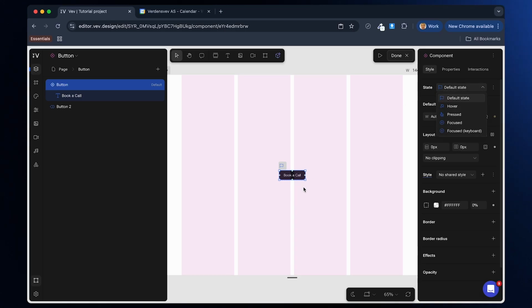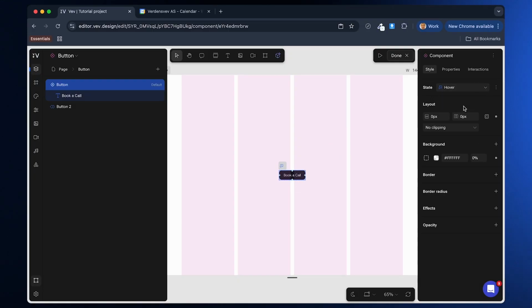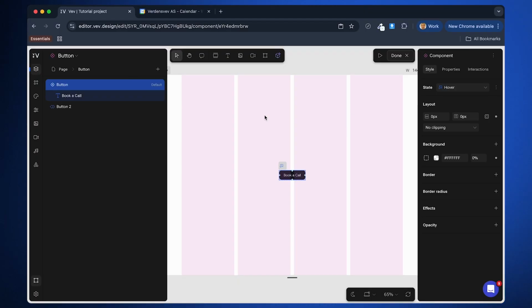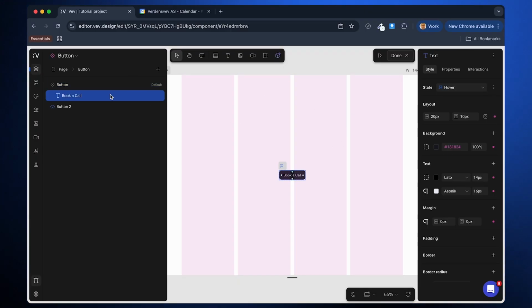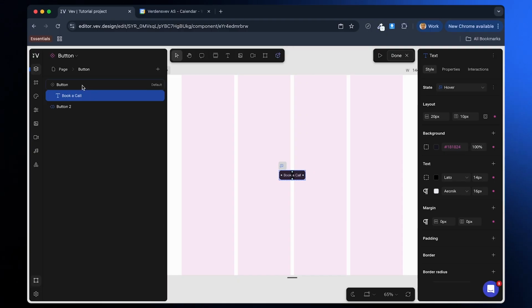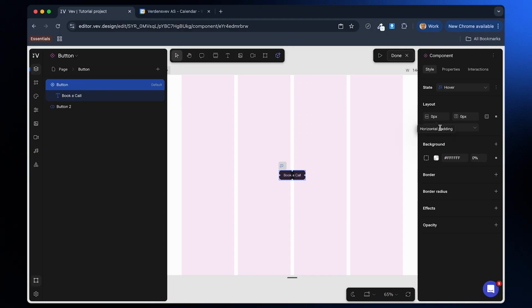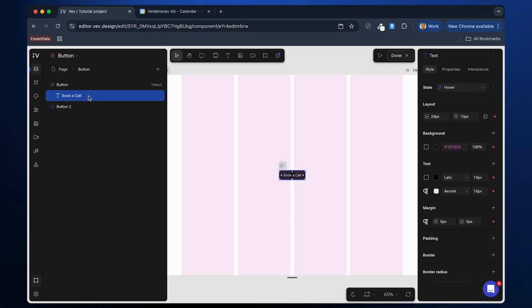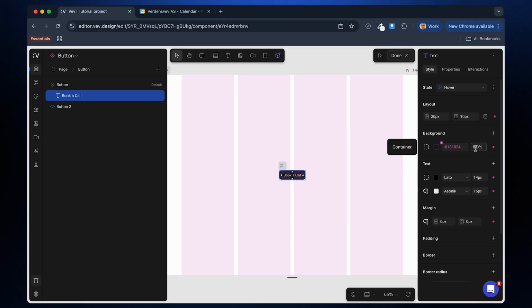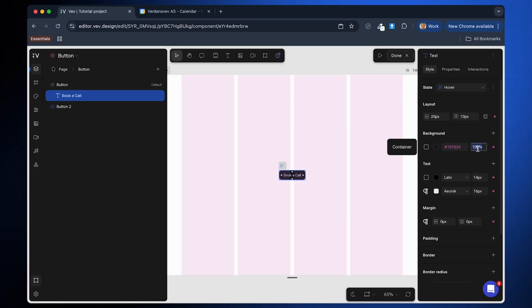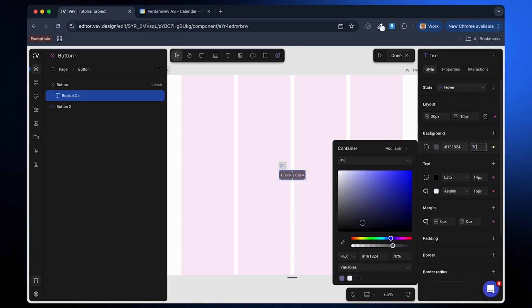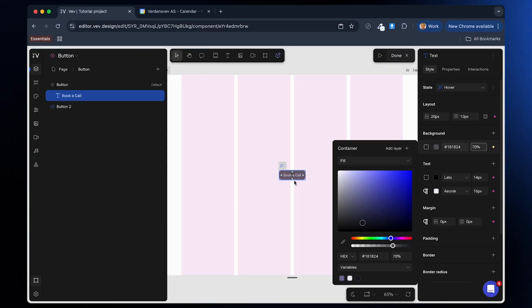So right now it's on the default states, so nothing happens if I hover over it. But if I go to the hover state, then I can change the color of the hover effect. So I will go ahead and click the text because that's where I have all my styling options. This is sort of just a container around it. So you could add a background color here, but it's better to have it on the text itself. So the only thing I will change here is the transparency of the button. So I will go ahead and do 70%, just so we get a little bit more gray color when we